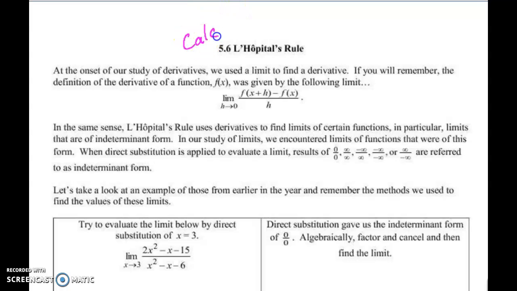So calculus, we are going to continue on with 5.6. It's another application of the derivative, and we're going to do L'Hopital's rule. Some math books add an S into his name. So you might hear students say L'Hospital, but it's pronounced L'Hopital, and I don't even know what that symbol is called. But